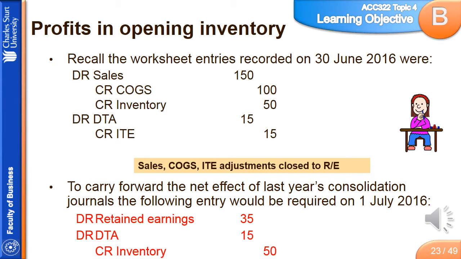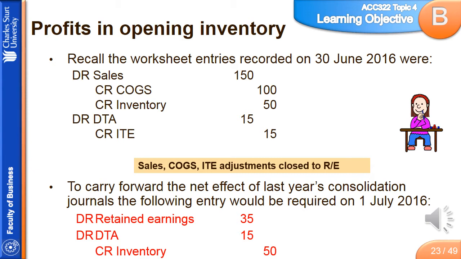And if you have a look at these other two entries, the deferred tax asset and their inventory account, they've stayed the same. Why? Because they're statement of financial position accounts and they don't change. So we've still got that debit DTA 15 and credit inventory 50, and this entry